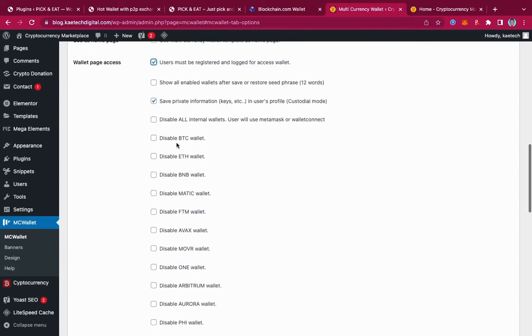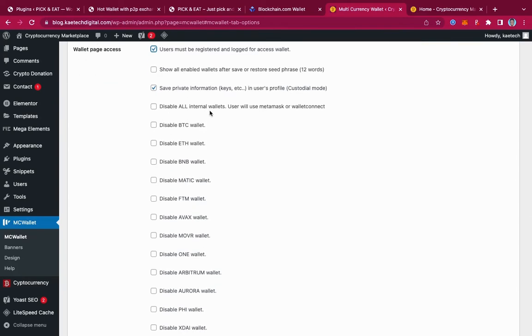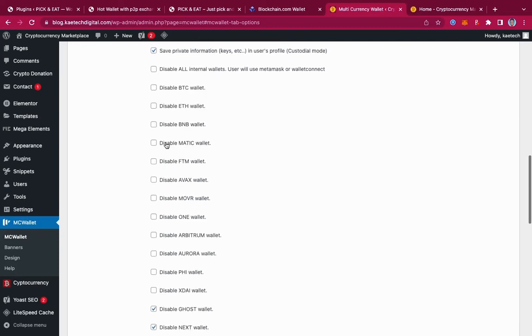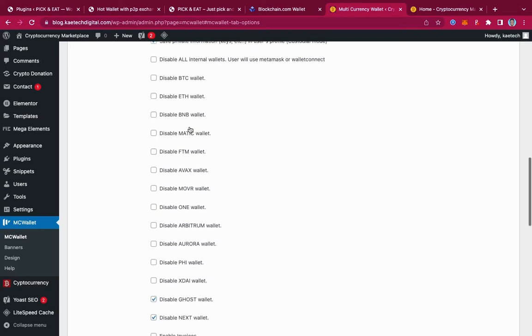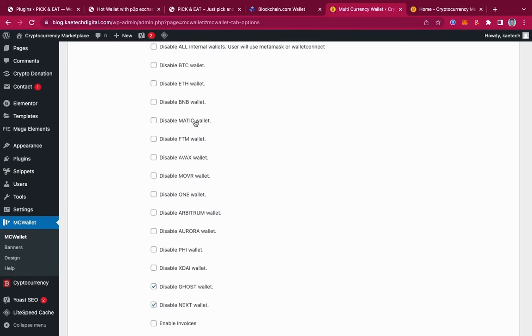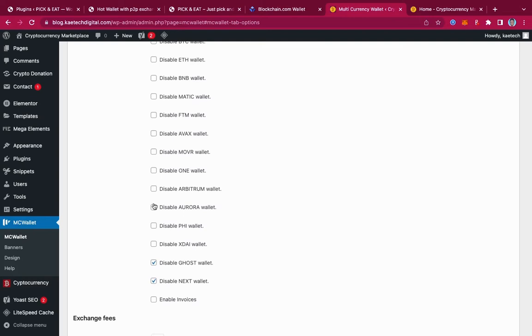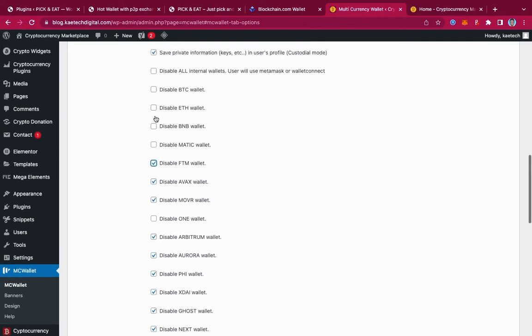Okay, now I'm going to leave it as it is, and then disable all internal wallets. Users will use MetaMask or Wallet Connect. Now I won't disable it. And then if you want to disable BTC, if you want to disable Ether, if you want to disable Binance, or whatever you want to disable, you can go ahead and disable. Now I'm going to disable a few things. So I'm going to disable this one, this one, this one. The ones that I'm not really familiar with and I'm not going to use, I'm going to disable